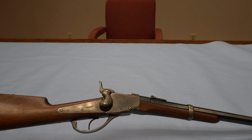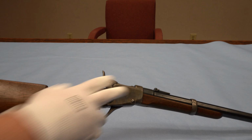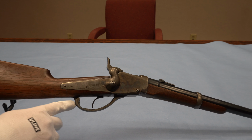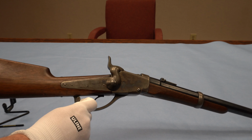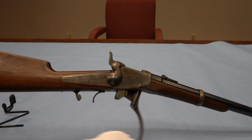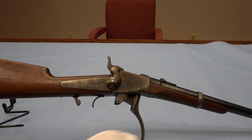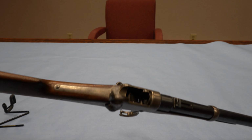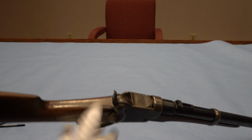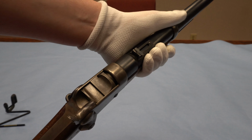Now, since this is a prototype version of the Starr carbine, it's got some features with the breech block that you're not going to see on the standard percussion gun. So down here is a little catch on the trigger guard that allows you to release the breech block, which then comes down by way of swinging the trigger guard forward and gives you access into the chamber of the gun. But where we have differences is that when this breech block comes down,